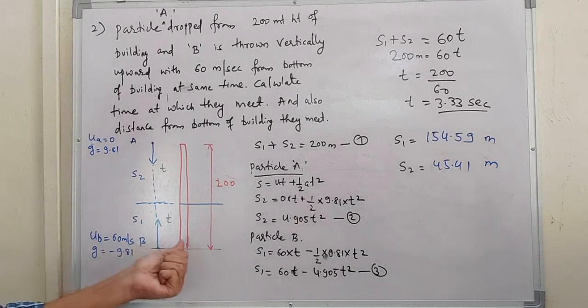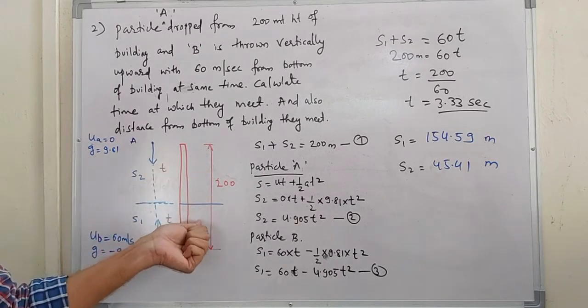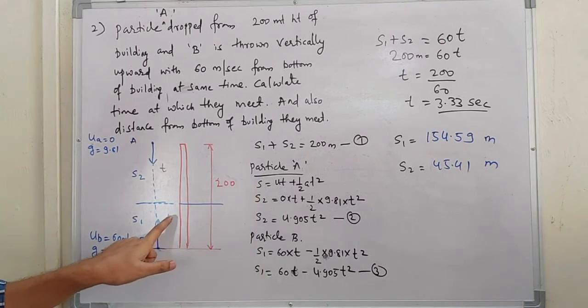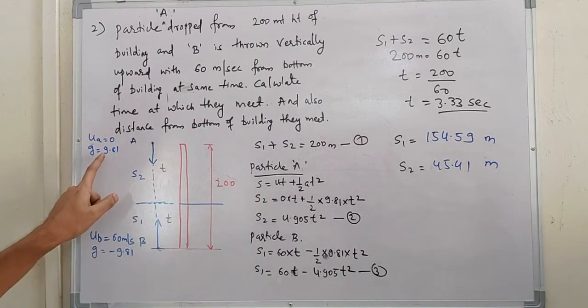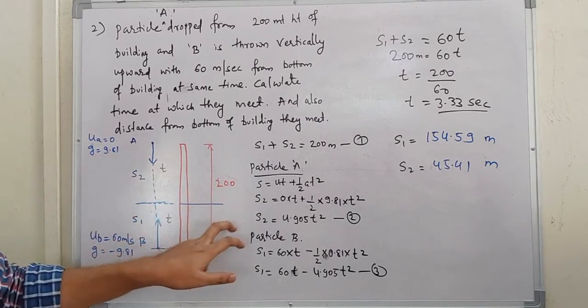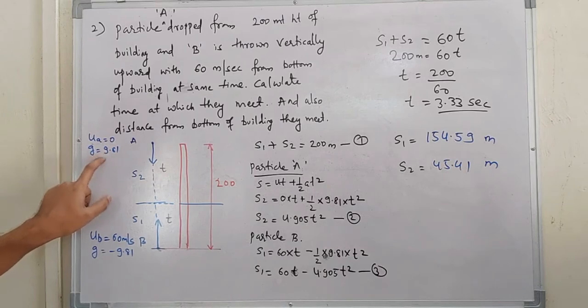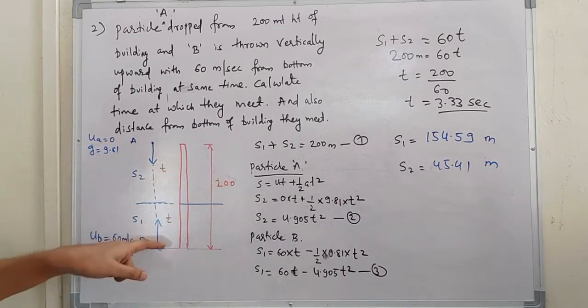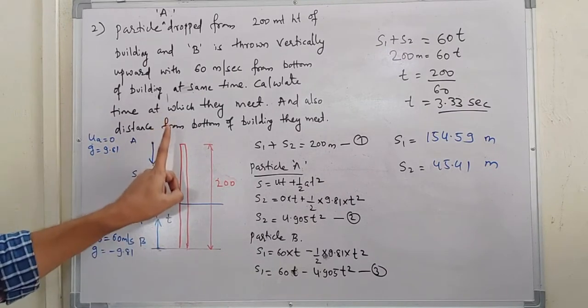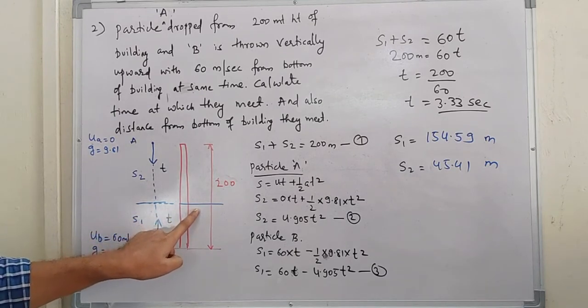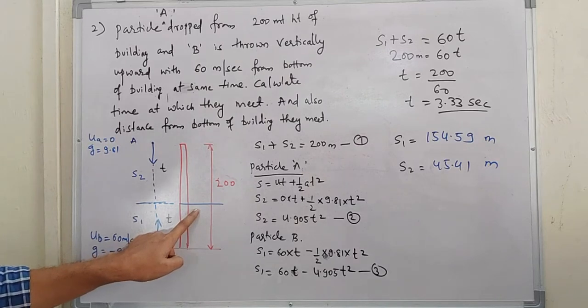There is one more important thing to be discussed in motion under gravity. Many textbooks, a few textbooks, take acceleration due to gravity as plus 9.81, constant. This is important. They take it as plus 9.81 irrespective of moving up or down. Rather, for distances, while going up they take the distance as positive, while coming down the distance is taken as negative. A few textbooks follow this sign convention, so whichever you are comfortable with, you can follow that.